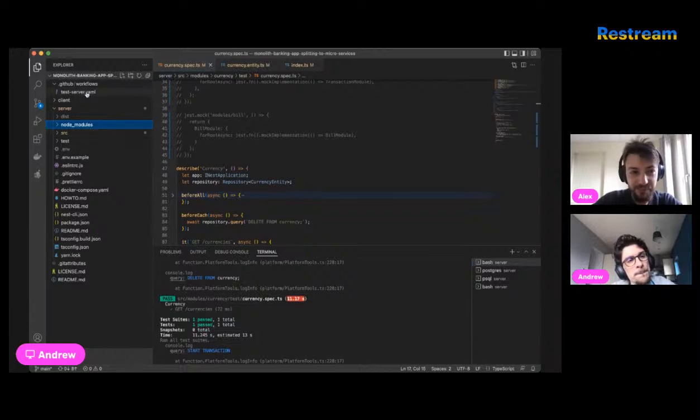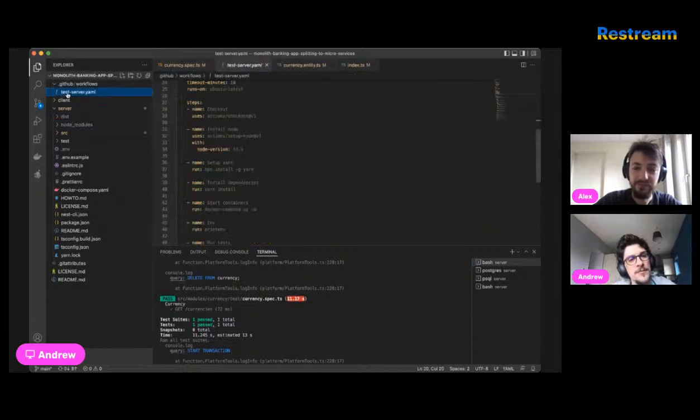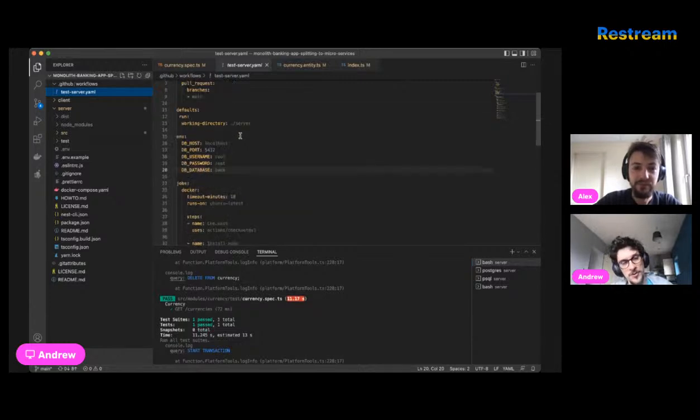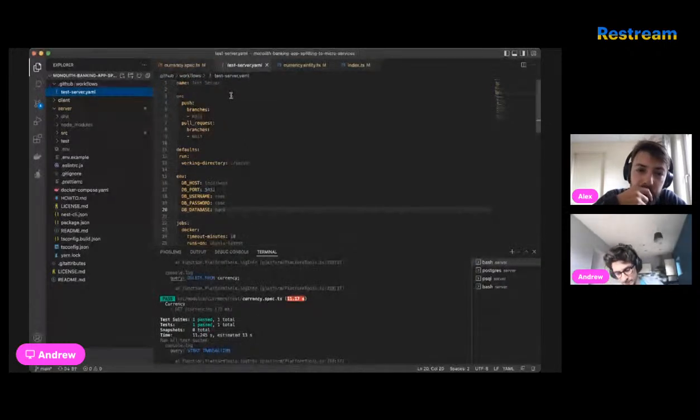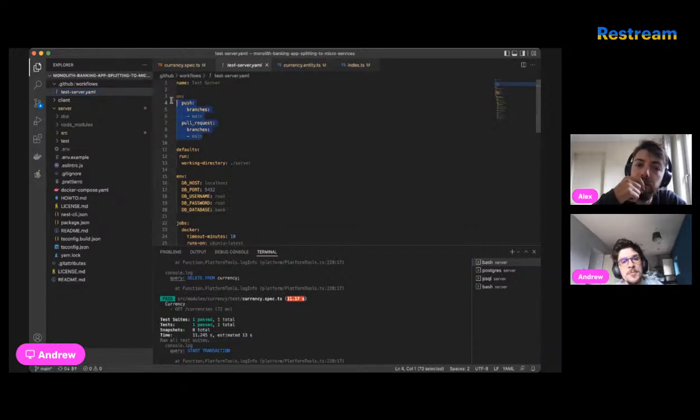So what I've created as an extra is a GitHub workflows folder, and then I created a test server file. This specification tells GitHub, on every push or pull request to the main repo, to create a specific job on their side.